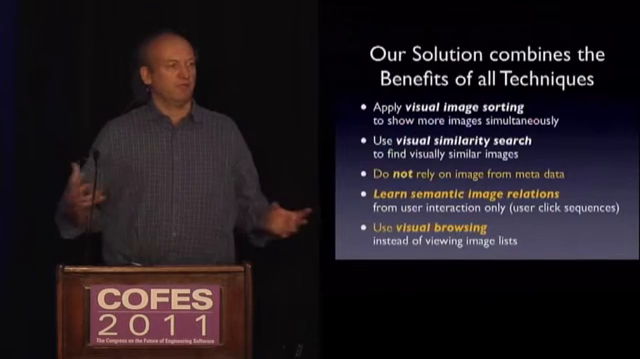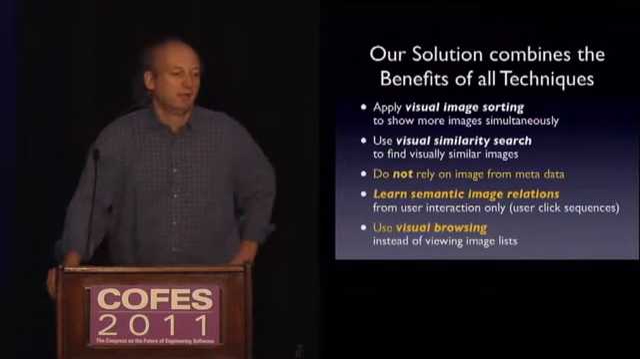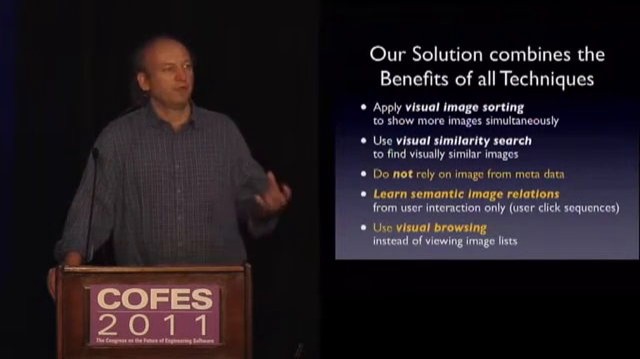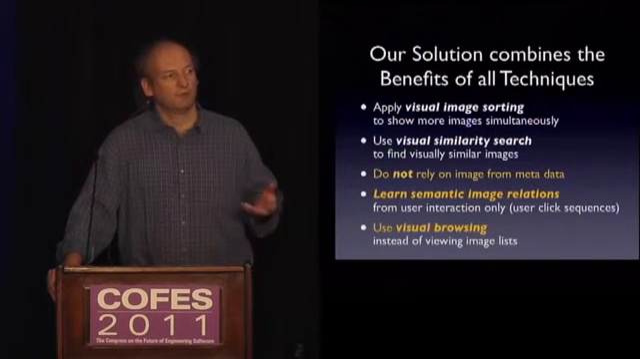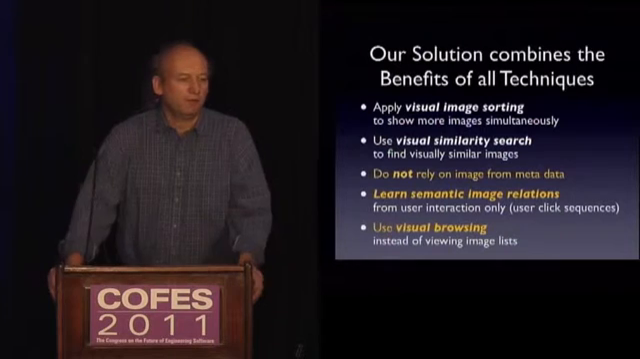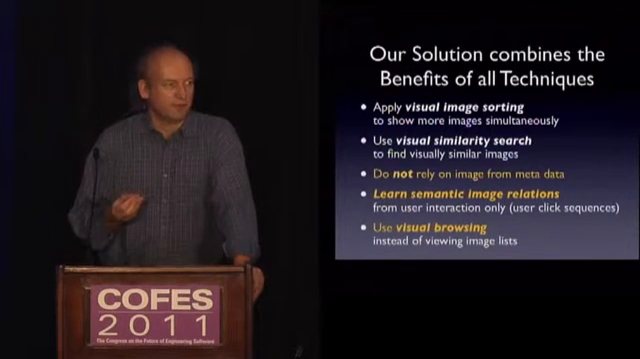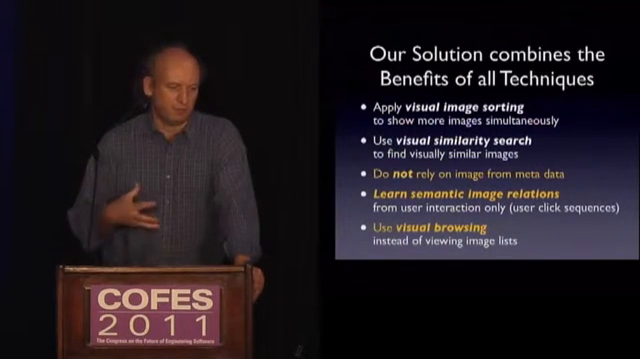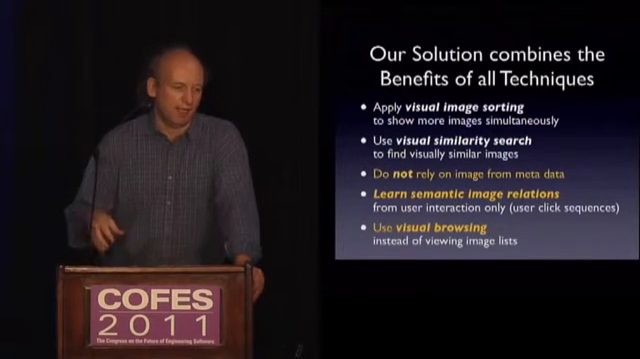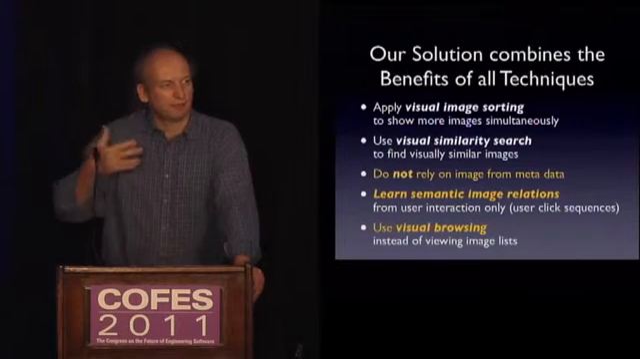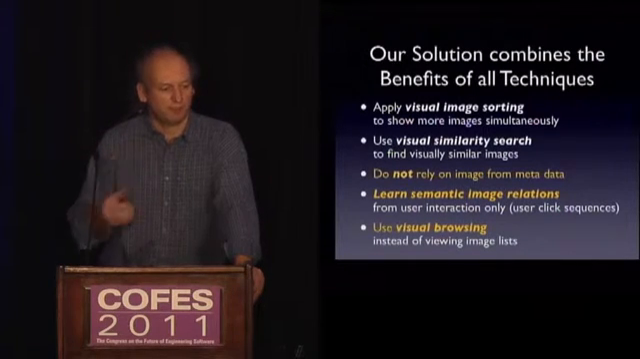We basically put together all these four parts, but the most important thing is that we don't rely on the metadata that is on the images. This means file names or database entries, things like that. What we want to do is gather information from the user. And how do we do this? We do this by tracking his search interaction. We also propose not to have this endless list, but rather a visual browsing technique,